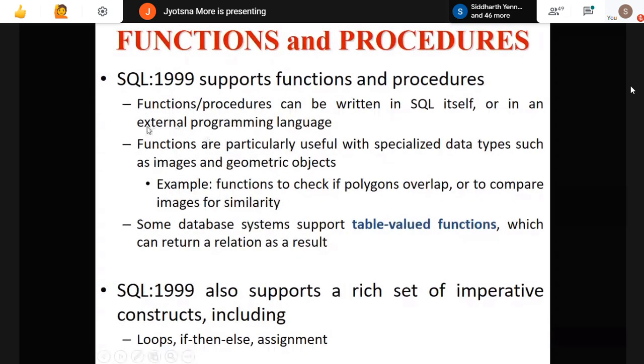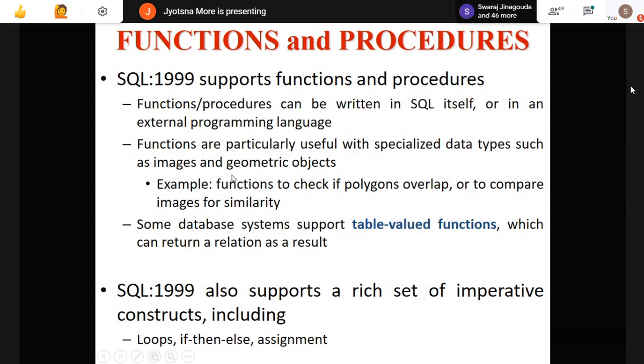Difference between function and procedure, as I already told you, but still: functions and procedures can be written in SQL itself or in an external programming language. Functions are particularly useful with specialized data types such as an image and geometric object, which we will not do.